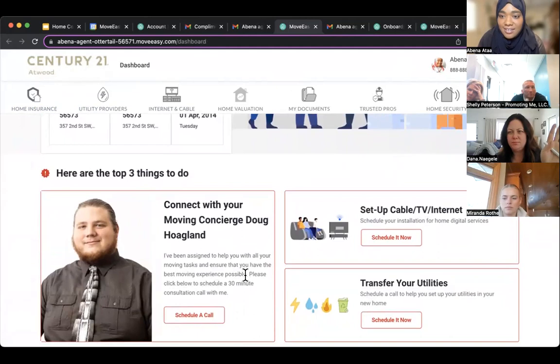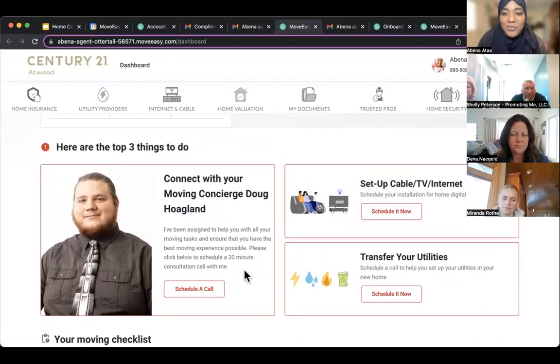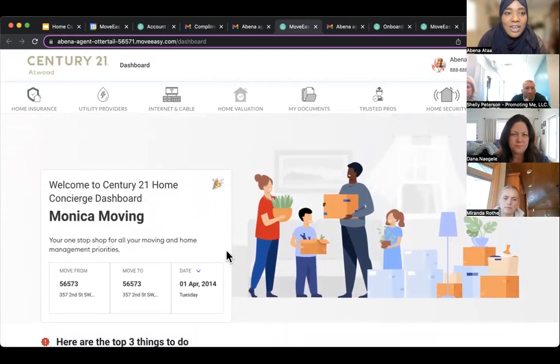Where is it getting, is it pulling that information from Dash and automatically putting it into the platform? Yeah, it should be. I think you guys are set up to, yeah, you're automated. So it pulls it from Dash. That's pretty cool if it's automatically taking it right out of our back end, and it must be because you said it knows when it goes pending, the client's going to automatically get that. Yep. So that would make sense. Exactly. Yeah, so it prompts them to do a few things here to get started,